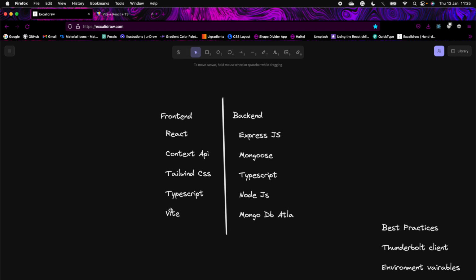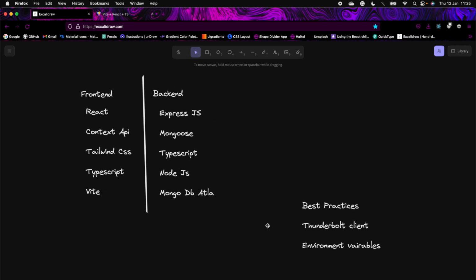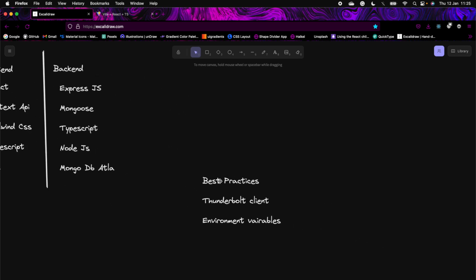We'll be using Vite as a tooling for creating all the packages for the front end, and for the back end we'll be using Express.js, Mongoose for the ORM, TypeScript for the type safety, Node.js, and for the database we'll be using MongoDB Atlas. We'll also be following some best practices while coding. We'll be using Thunder Client for testing out our endpoints, and we will be using environment variables for saving ourselves